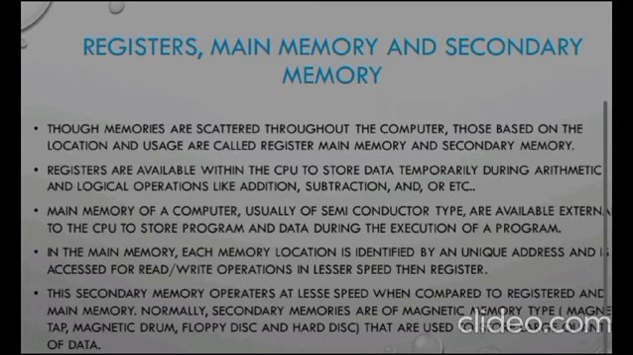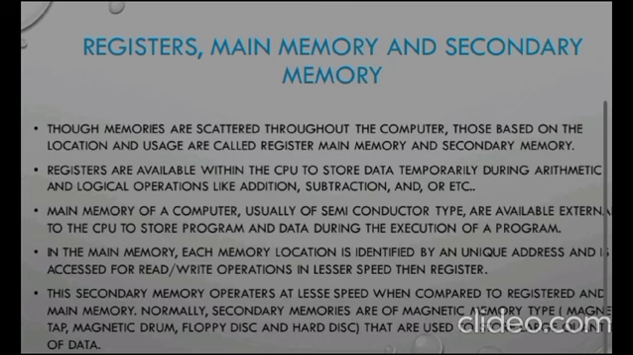Registers, main memory and secondary memory. Though memories are scattered throughout the computer, those based on the locations and usage are called register, main memory and secondary memory. Registers are available within the CPU to store data temporarily during arithmetic and logical operations like addition, subtraction, AND, OR, etc. Main memory of a computer is usually of semiconductor type and is available external to the CPU to